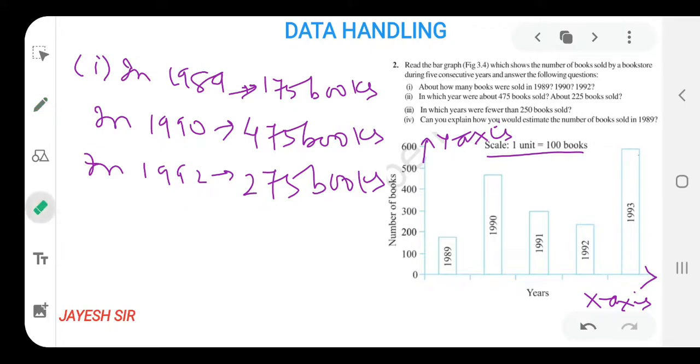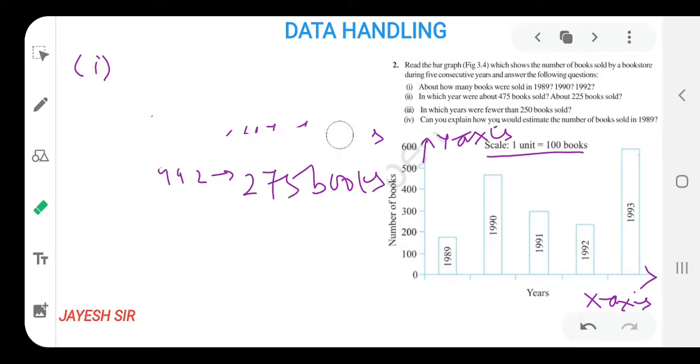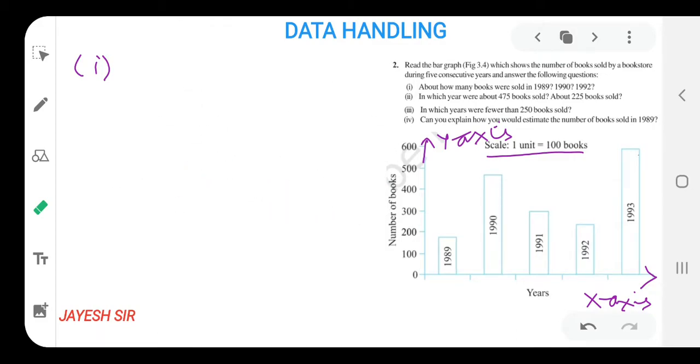So let us begin with the next sum based on this paragraph. So let us start with the second sum. For the students who are capable of solving by their own, pause the video and try to solve the remaining three sums by your own, as I am going to solve the remaining three sums for your convenience only. Later, after solving it, you can check your answers by continuing the video.